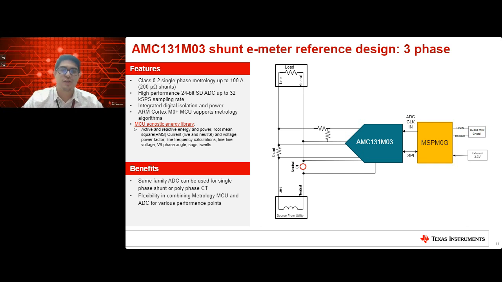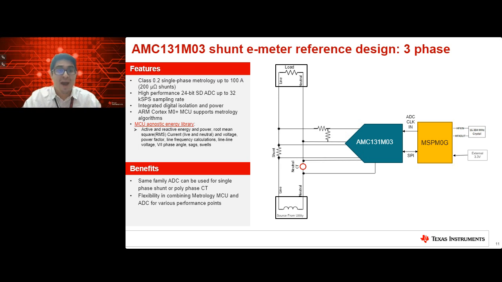The integrated digital isolation and power, of course, that's inherent to the AMC131. And then on this actual reference design, you'll notice that it's very similar to the solutions that Jaya was showing. What we were showing here is that you can actually use one of the newest microcontrollers that we have at TI coming out, the MSP-M0G, and we have an entire MCU agnostic energy library that basically shows you how